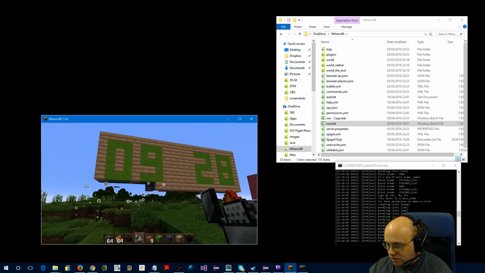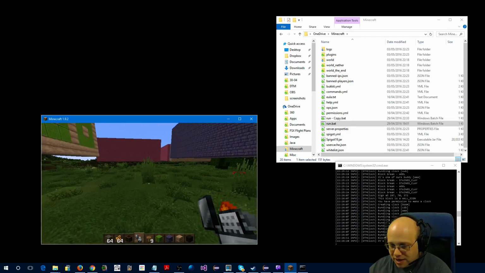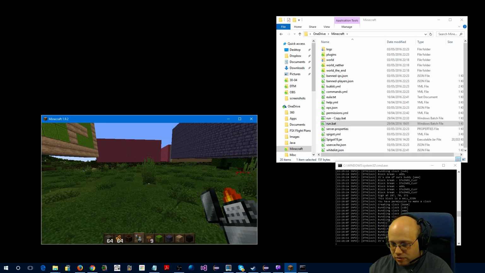There you go. It's one of ours. Boom! So the clock properly got deleted away. Oh, you cannot wash away signs. Yeah, that's what I thought. Right, so now, if we destroy it through direct, indirect...